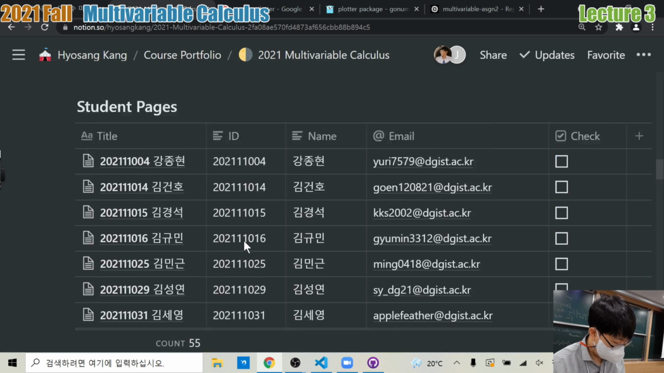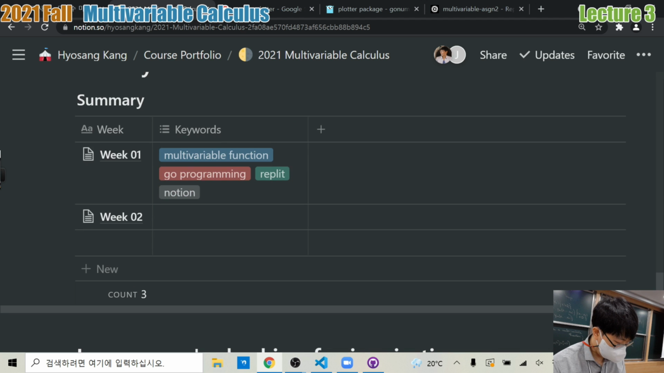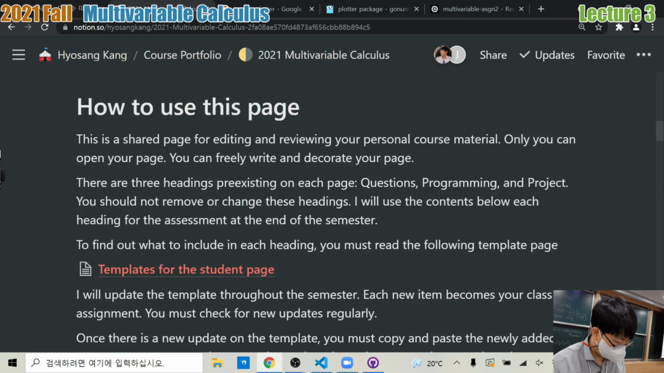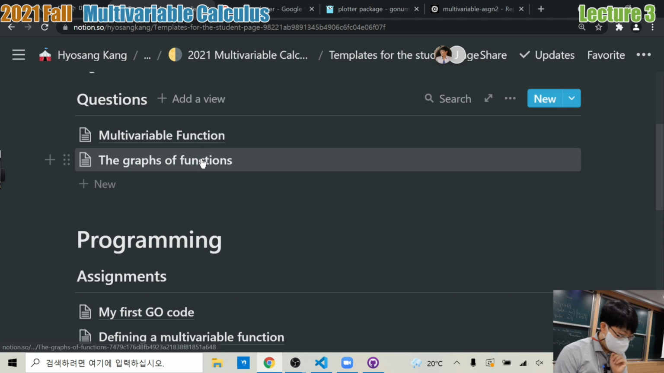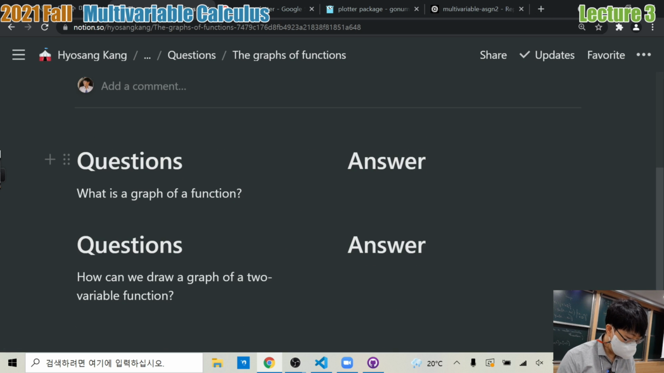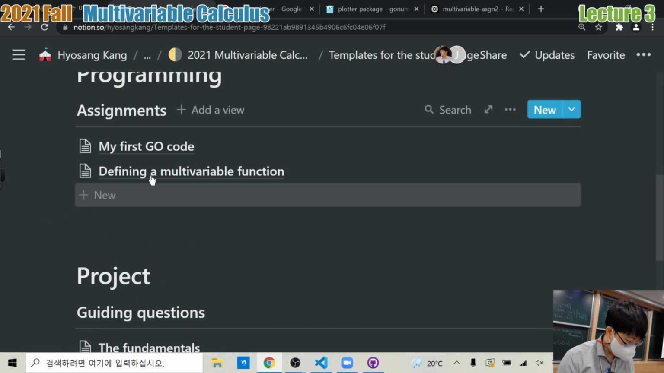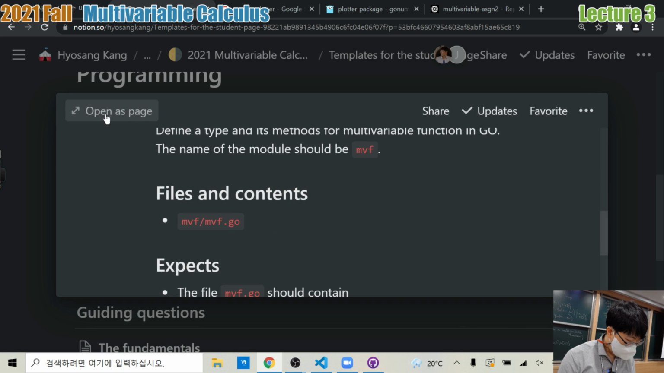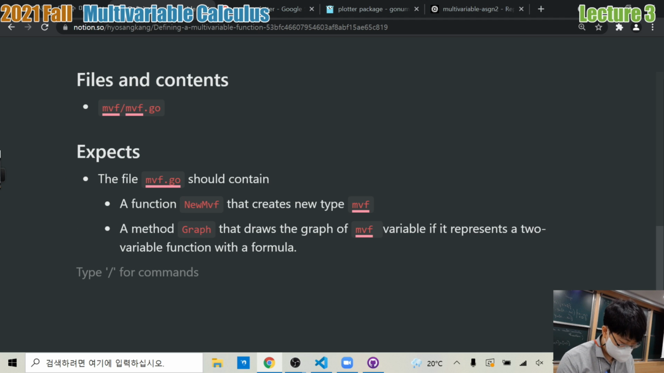Where's my dummy page? It disappeared, so let's do it in the template. Considering this is your page, you copy, paste, and not this one. So here we should have programming, define a multivariable function. And let's see, now the result is,